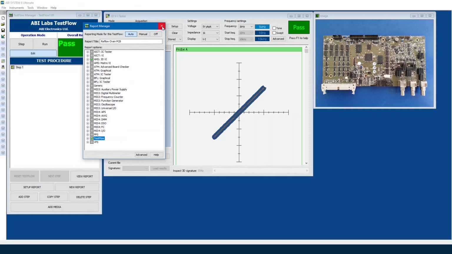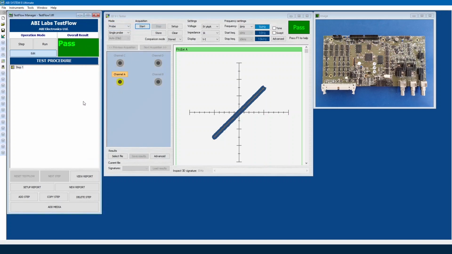Okay, fantastic. So before I move on into step 2, I will rename my step. For step 2 of my test flow, I am going to copy my first step because I want to use the same VI test technique and it will also save me some time. So if I click on copy step, you can see that everything has copied like for like. So before I begin the test, I will just quickly rename my step.